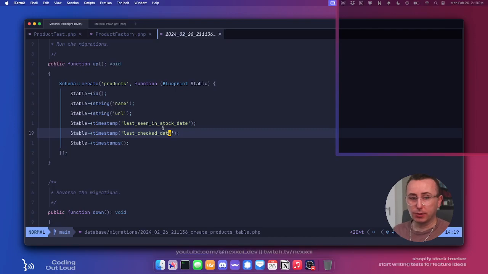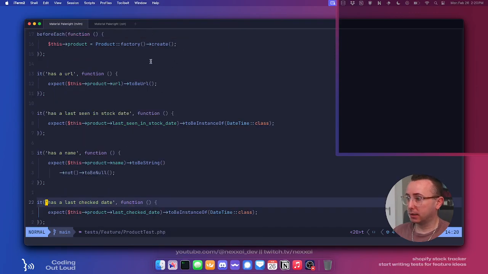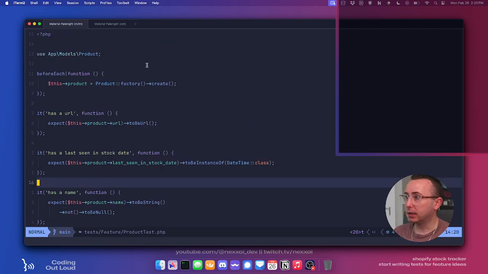when we create the users table, we'll actually be able to have a many-to-many relationship between the users that exist on the app and the products, and that means that multiple people can track the same product, and we only have to check a product one time, and then we just see who wants to be notified by it, and then we just send an email to each of them. So let's go like this. Next thing we want to do is we want to